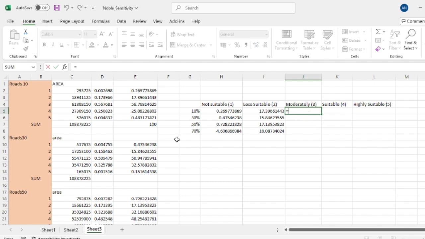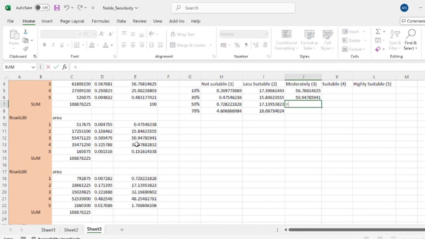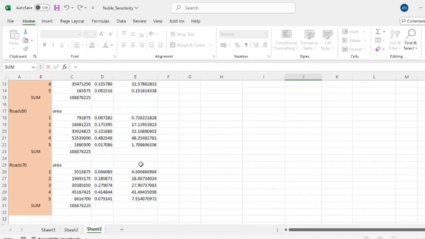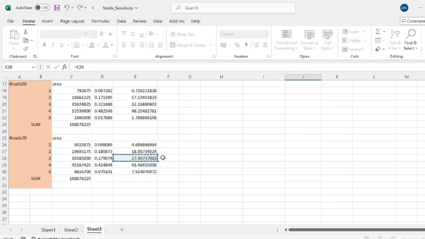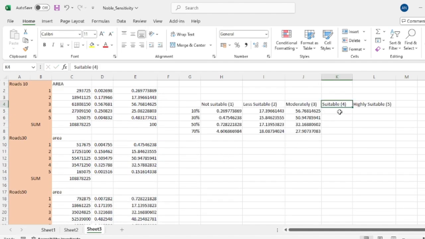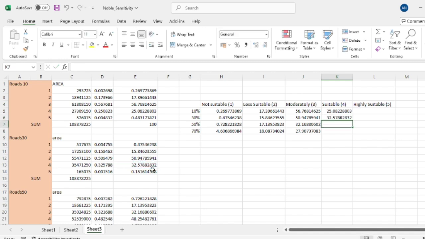moderately suitable for 10, so 3, that is this. Moderately suitable at 30 is this one. Moderately suitable in 50 is this one. 3. For 70, this one. And then for suitable is 4, so this one. For 10%, for 30%, and then